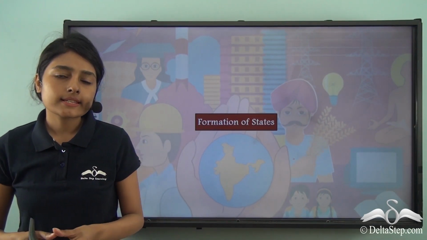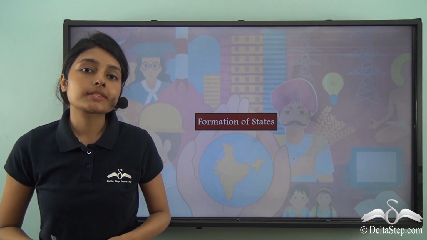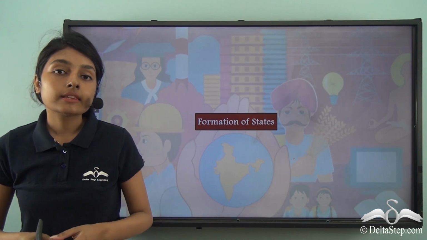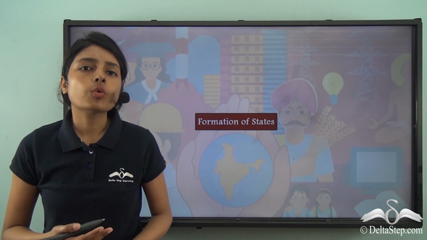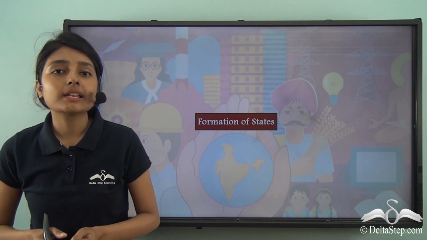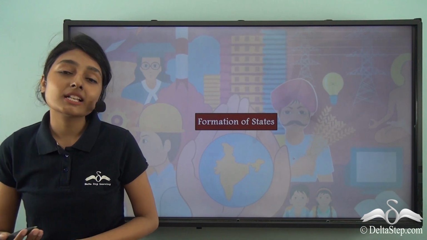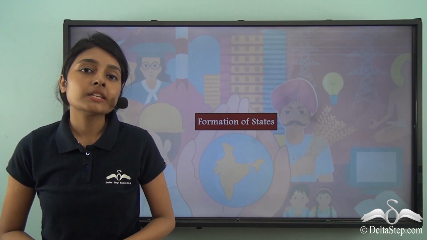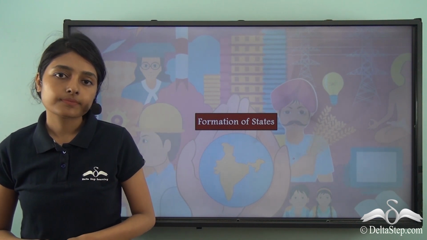In our last two lessons, we have talked at great length about certain issues that India faced in the wake of independence. Because there were a whole lot of problems pertaining to the political sphere as well as the economic sphere that India had to deal with and resolve immediately after attaining its independence in 1947.